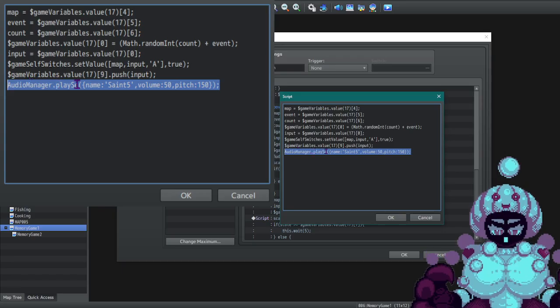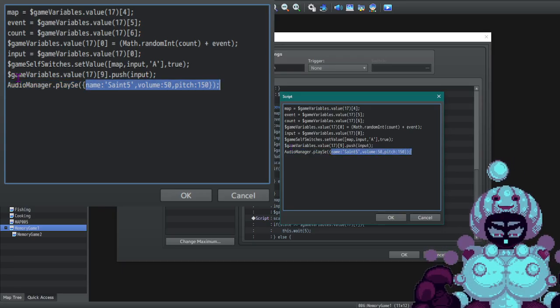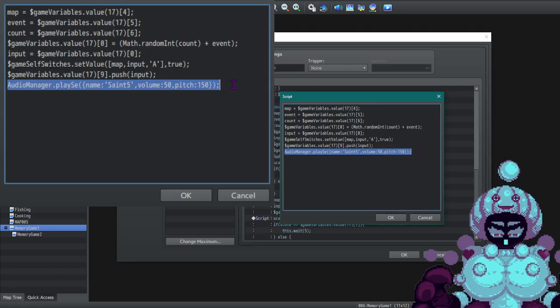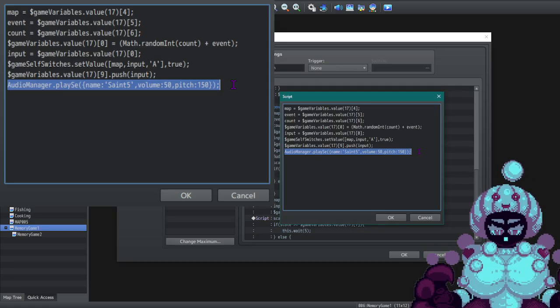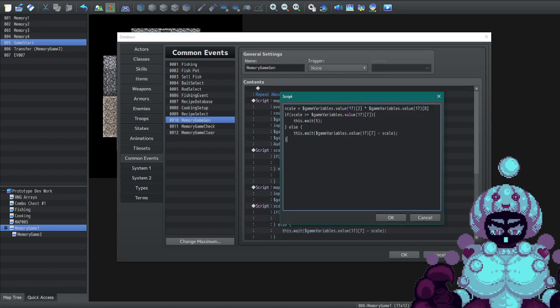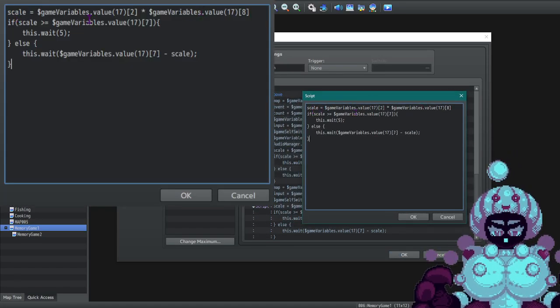Audio manager play sound effect. Once again, I have the link in the description below to the general callouts that you can do in RPG Maker MV and MZ. So this is basically just play the sound effect. We'll explain more about the scale here in a bit. We'll get back to this, but for now, let's just focus on